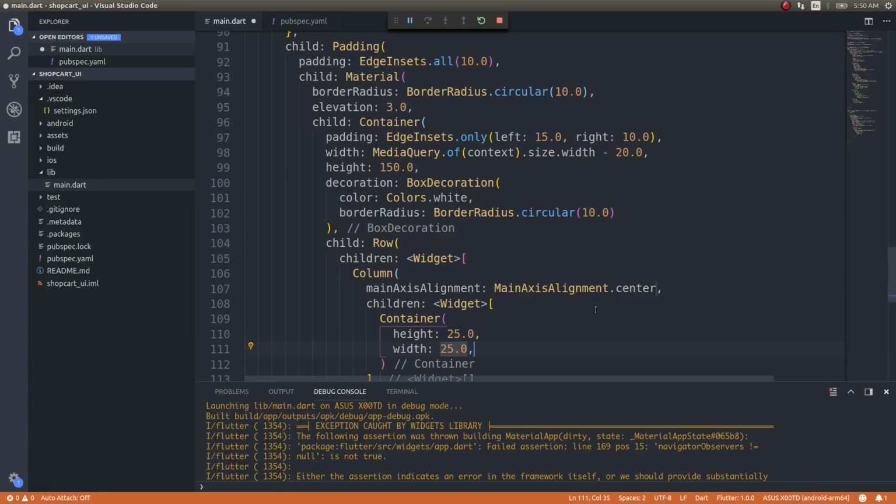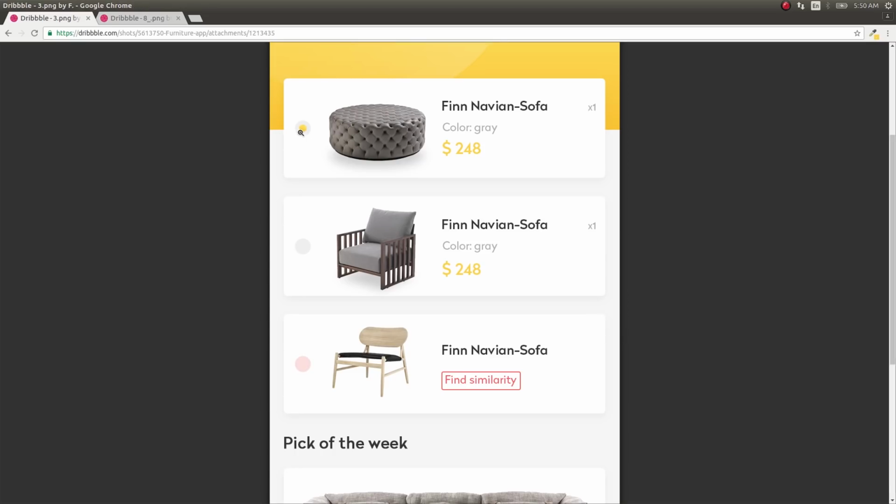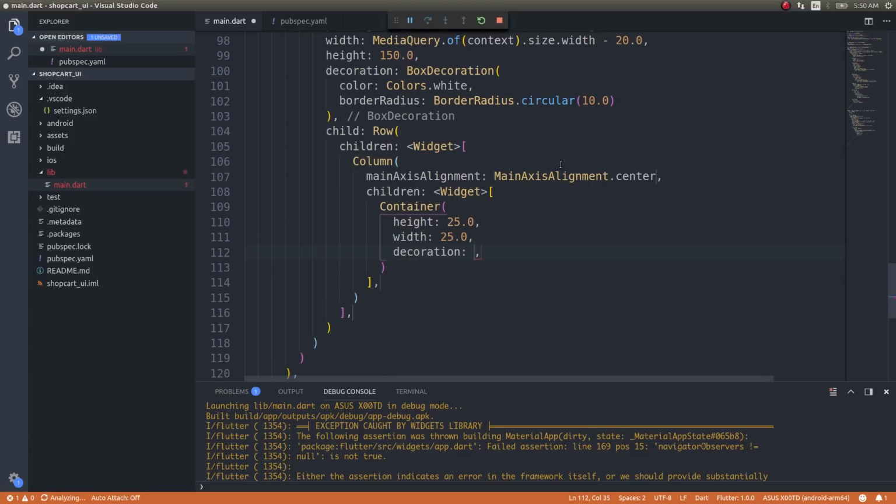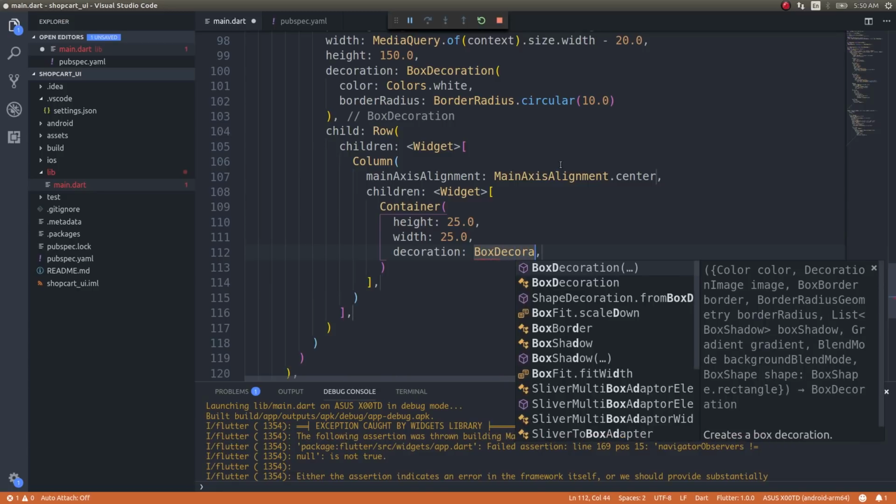Rather than using a radio button, like I said, if you use a radio button, I won't be able to get these nice looking effects, guys. The gray border and the yellow circle and all that, I won't be able to get. So I'm using a custom made button that I'll show here now. We can do that button simply using containers. I'll show you. Decoration, BoxDecoration,